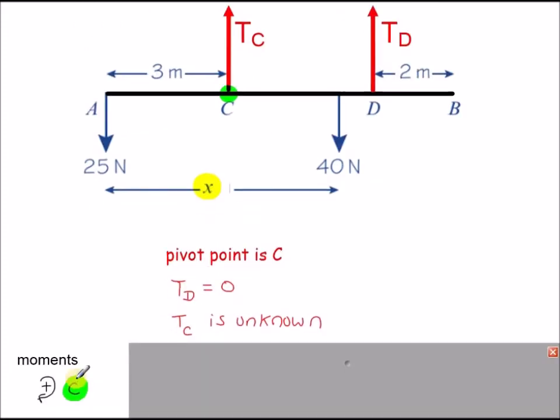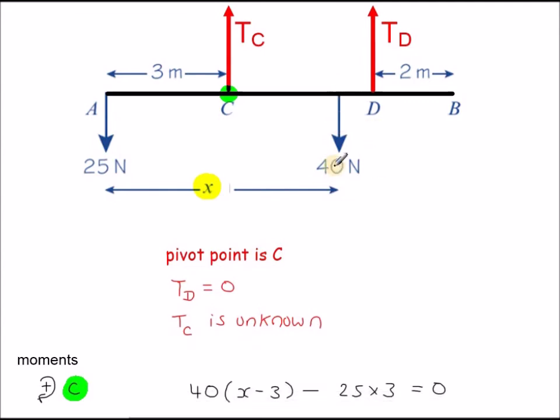When we take moments, we don't want to have TC, the tension at C, in our calculation. So taking point C as the point about which we take moments is sensible, because the distance from this force, TC, to our point C is 0, so it won't be included in the calculations for moments. So taking the clockwise sense as positive, moments around point C,